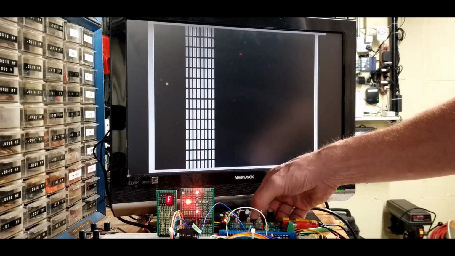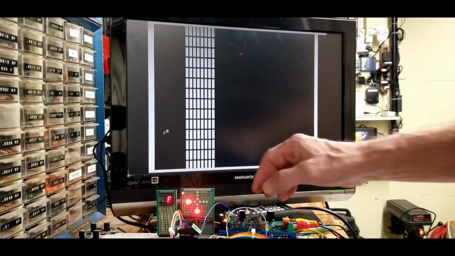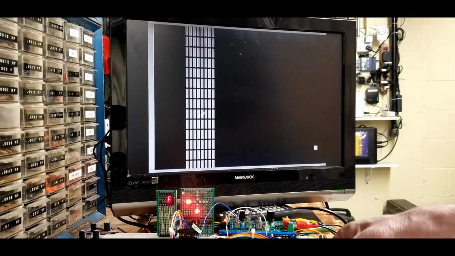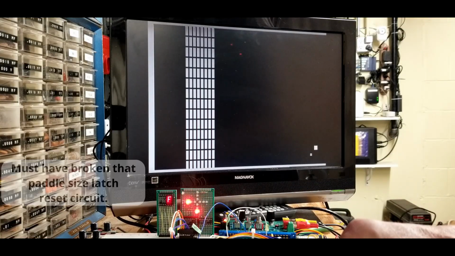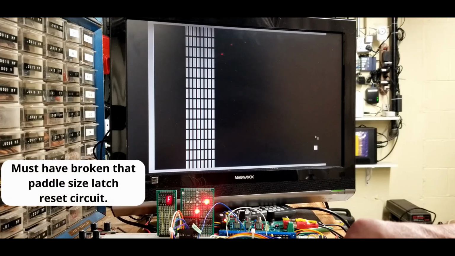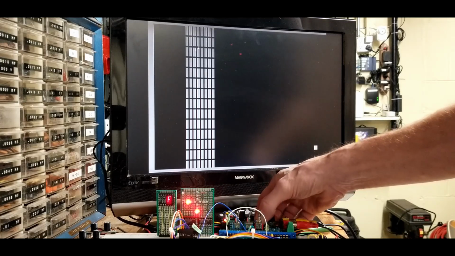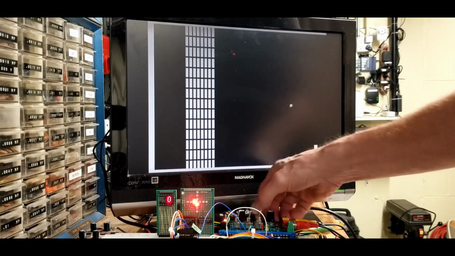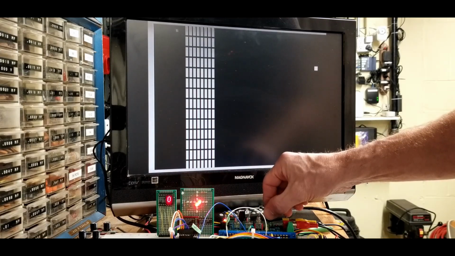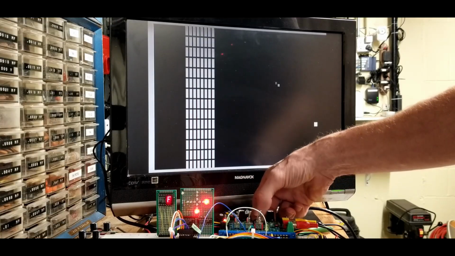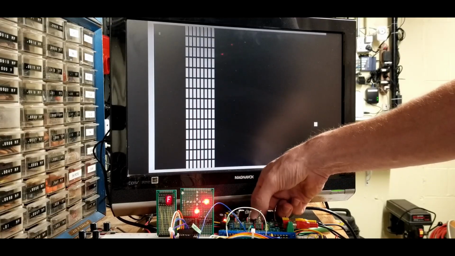Reset that. Turn off attract mode. And start.